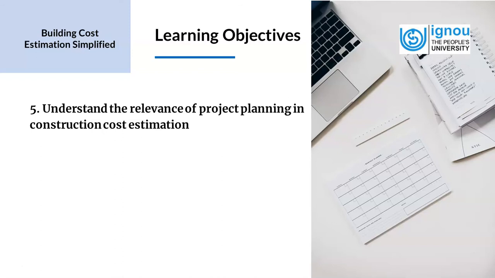Now, if for some reason the project duration exceeds the estimated time, it can have implications on the project cost. Based on the estimate, the procurement team and planning team schedule the project. Sometimes in fast track projects, we might need more labor to be employed, and this will have a bearing on the estimation. So it is desirable for estimators to have knowledge of project planning to aid them in their cost estimation process.